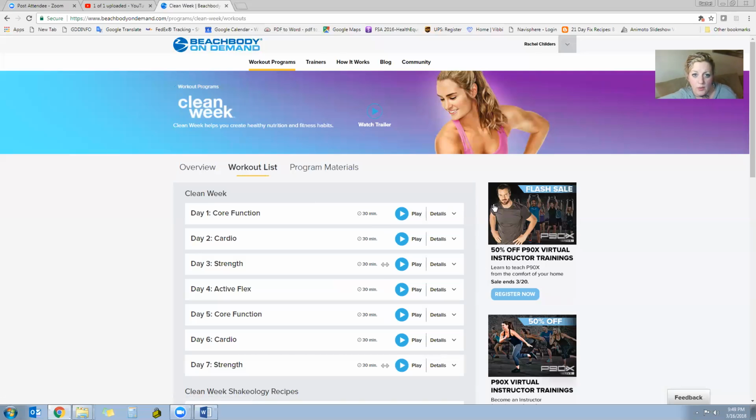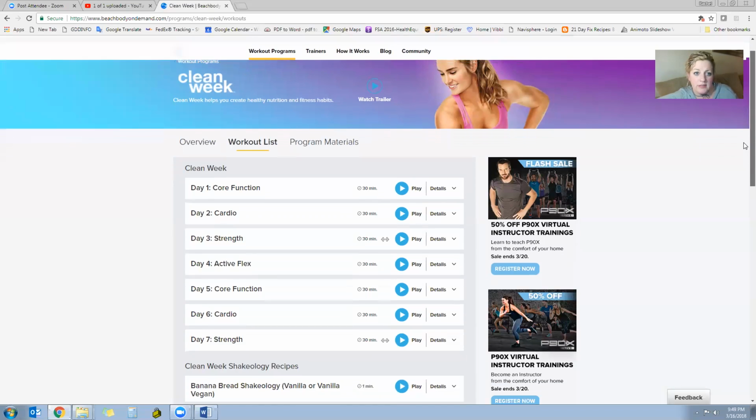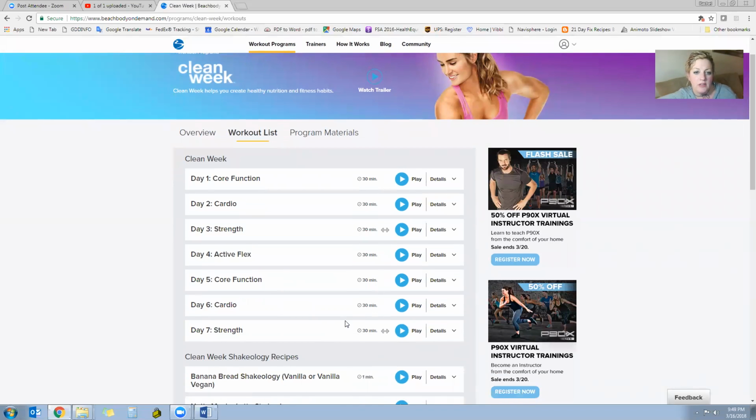Here, you are going to see all of the workouts. So this is going to say day 1 through day 7. Here's your workout, and it's going to tell you how long each one of these workouts is. If you see an icon like this little barbell, that means that this workout is going